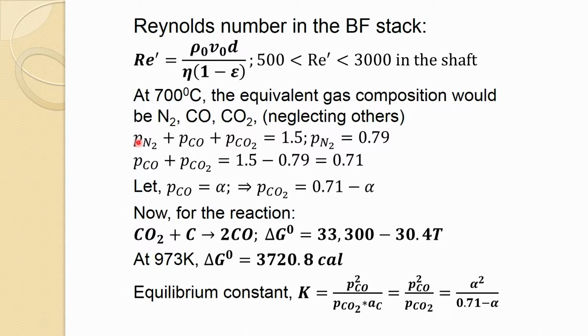It says 1.5 atmosphere, so the total pressure, the partial pressures of nitrogen, carbon monoxide and carbon dioxide should be equal to 1.5,